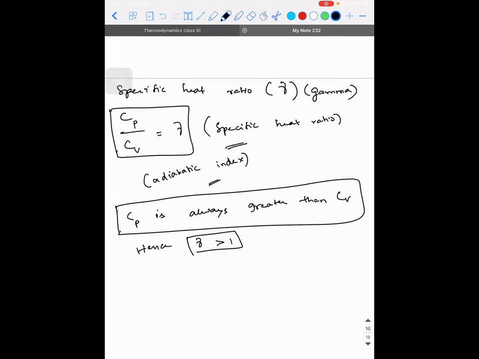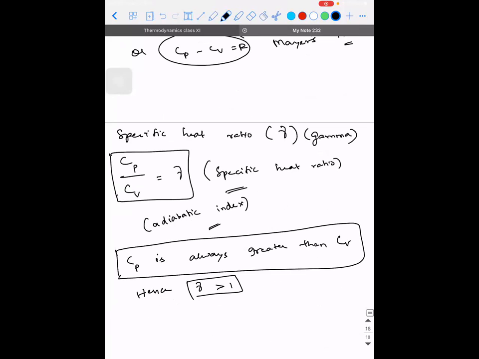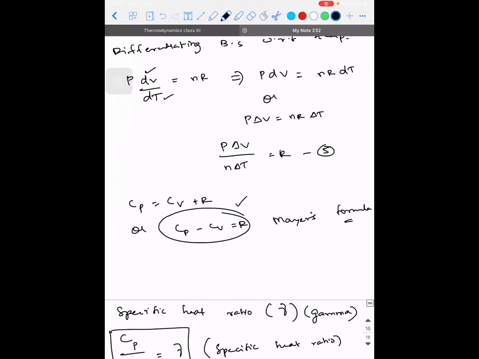So how did I say Cp is greater than Cv? Can you tell me? Since specific heat ratio cannot be negative, sir. That's not the reason. Why? If Cp is less than Cv, then the value would have been less than 1. It has nothing to do with negativity. Okay. So the point here is Cp minus Cv is equal to R, right? So the difference between these two values is coming out as a positive value. So obviously, which one should be greater?